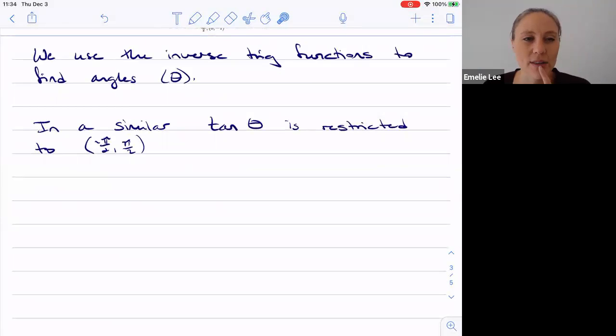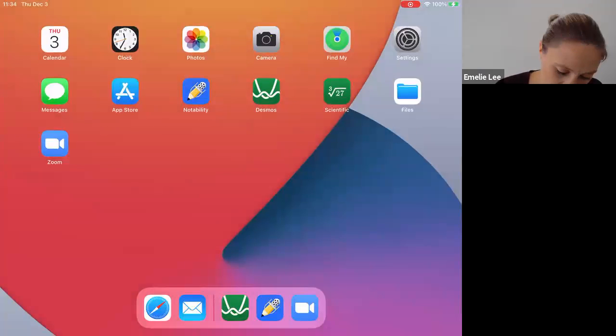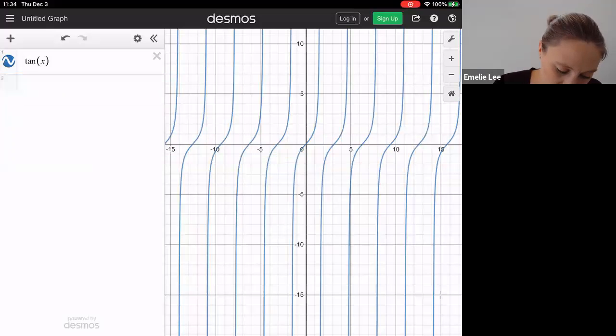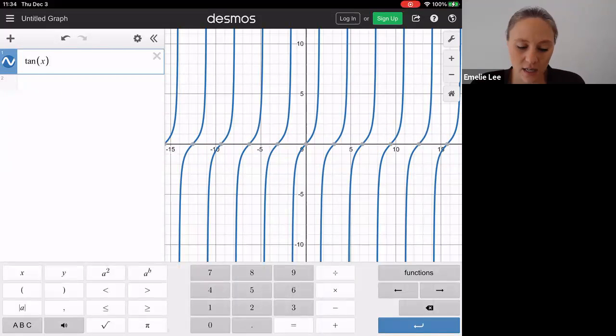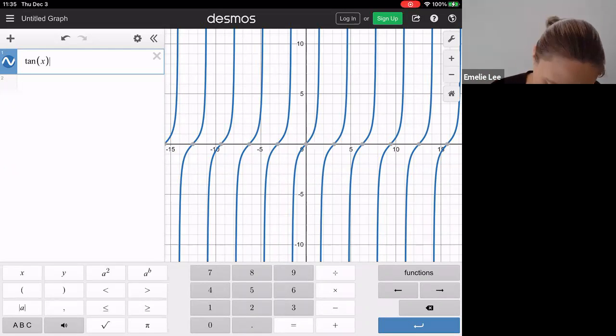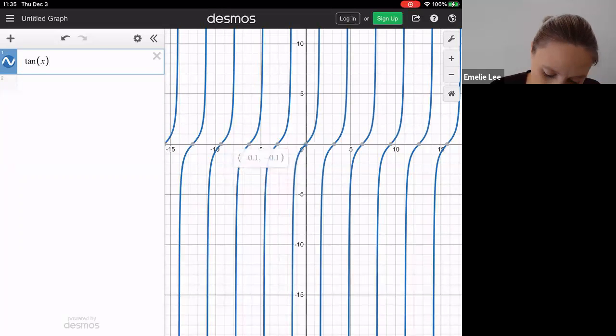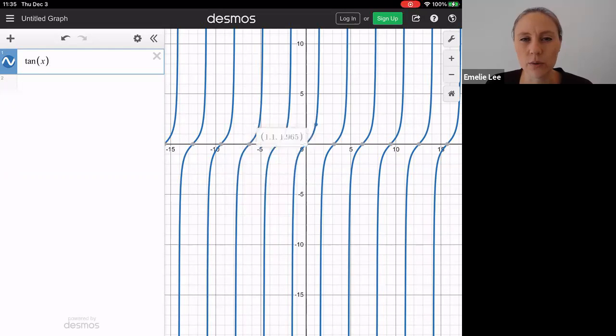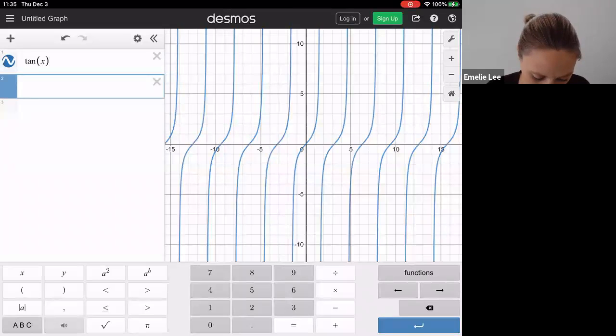Okay, and we haven't looked at the graph of tan, but we can just graph it quickly in Desmos to see what it looks like. Okay, I've already got it here. I'll delete the inverse. So the tan of x is just going to be these little snakes running up and down, right? And so we've got these vertical asymptotes. So it still doesn't pass the horizontal line test. So what we do is we just restrict it to, and we only look at this middle one that passes through the origin. So then we restrict it to just that little section,